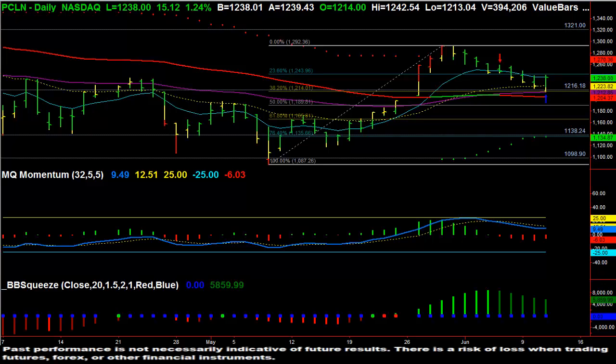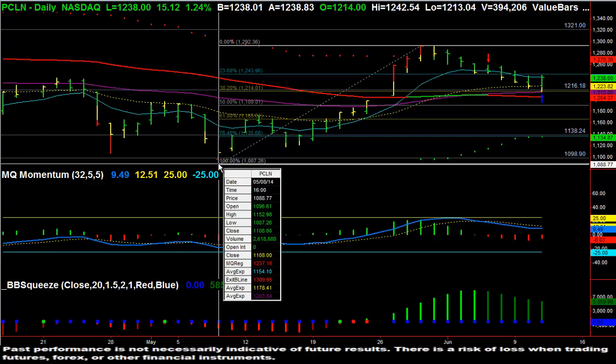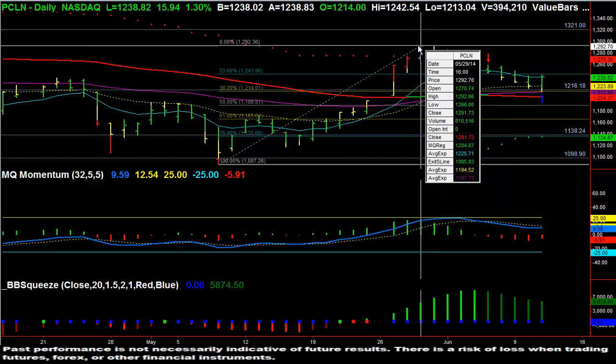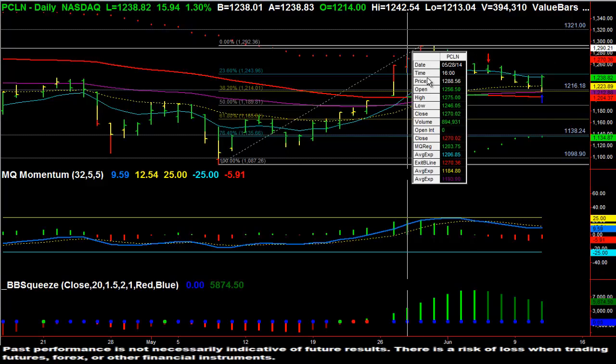Just want a quick review of the results of my most recent big fish trade. Again, looking at a price line on the daily chart. From the swing low based on May 8th all the way to the swing high on May 29th, we moved up quite strongly in price line. I'd say that was about $205, so roughly a $200 move, looking for a retracement back to potentially